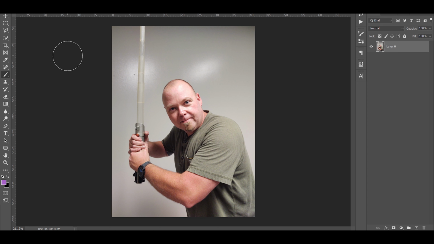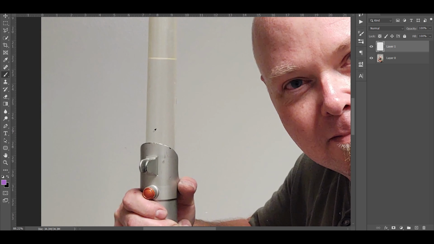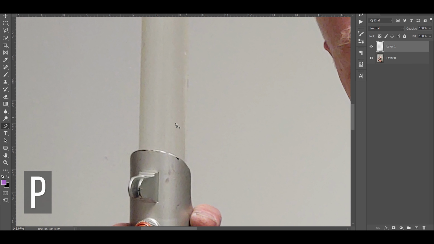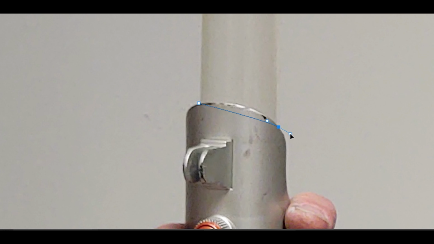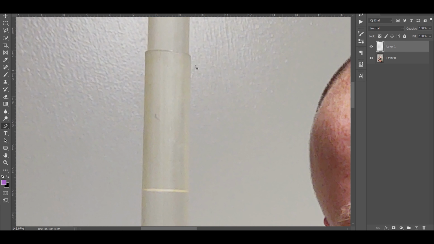So here's one of my coworkers holding a lightsaber toy, and I'm going to show you how to do the effect. First thing we want to do is make a new layer, and then zoom in. I hit Alt and scroll, and then you can hit P for the pen tool and click, and then click here. It's obviously going to be different for whatever picture you're using. Click here and then hold it and drag, and that will start to bend it. I'm bending it to hit the form of the lightsaber. That's right about there. Then I'm going to hit Alt and pull this handle up. And since it's basically a straight shot,